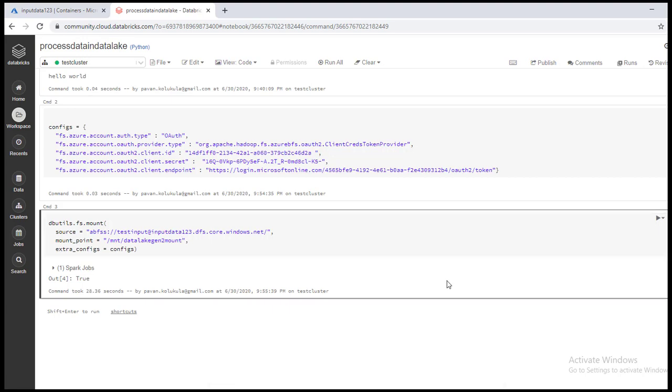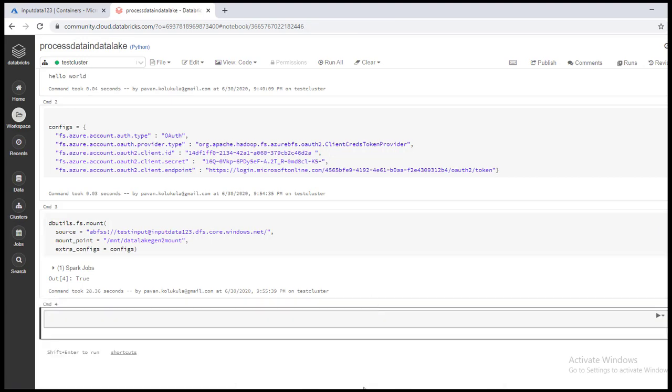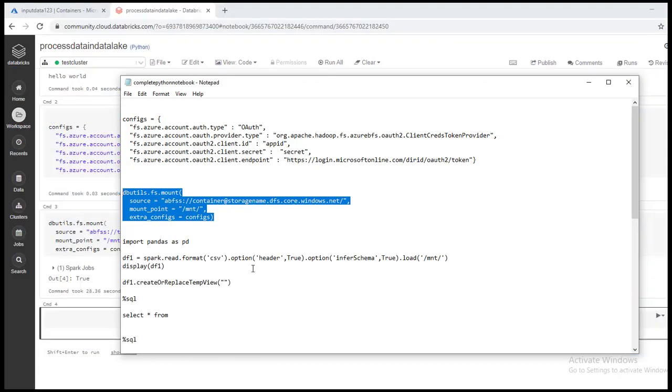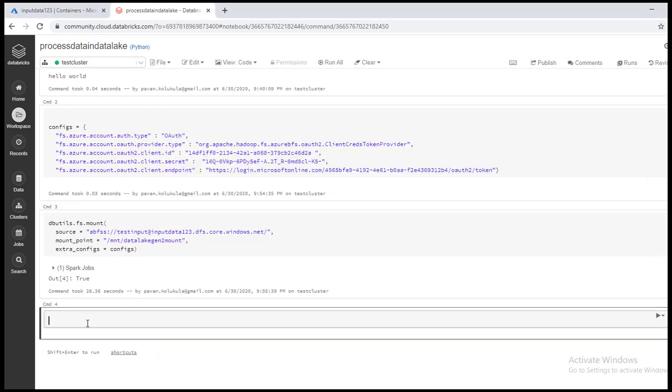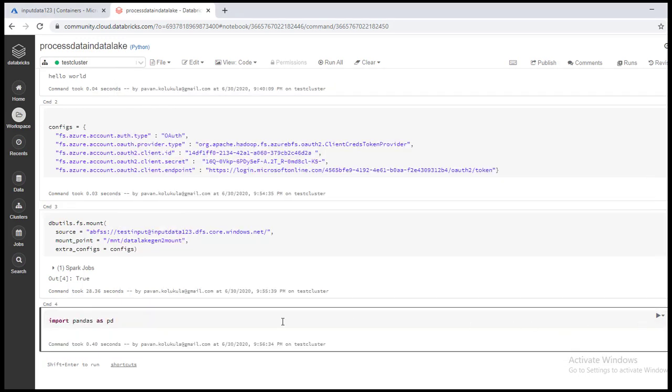Now the third step, we'll import pandas here. Once we import pandas, we'll be able to use all the methods and attributes of the pandas library in this notebook.